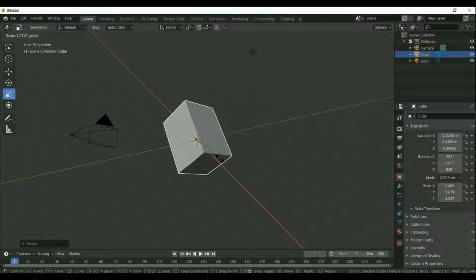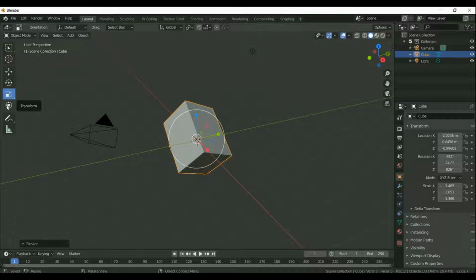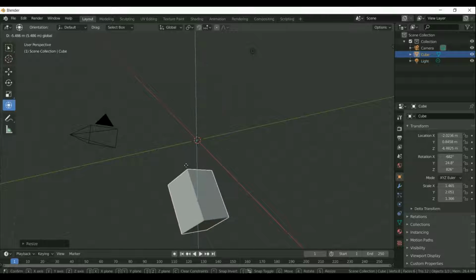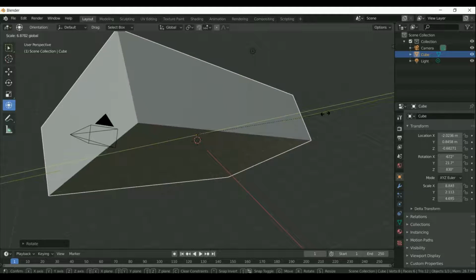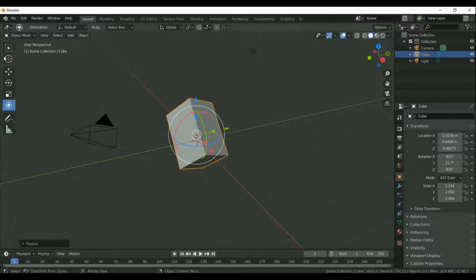The next tool is the transform tool. It's a combination of tools. We can move an object from one place to another, rotate it, and also scale the object. Three tools come under one tool.